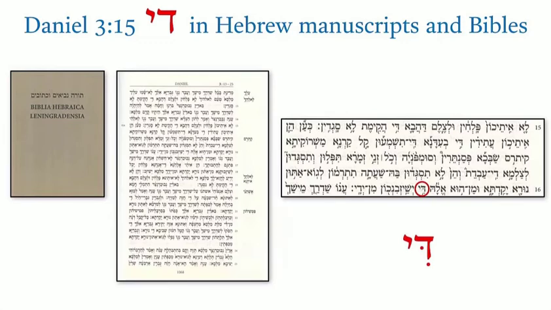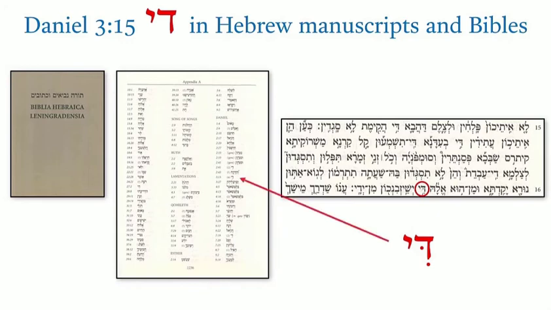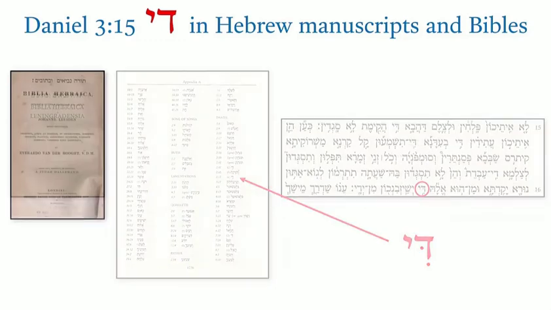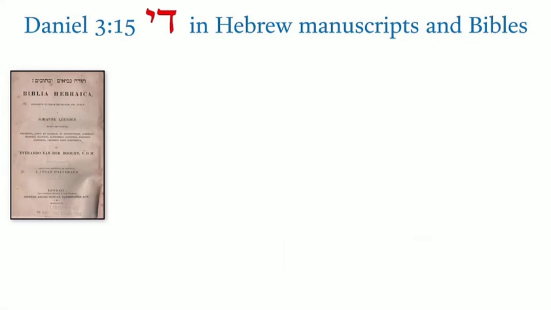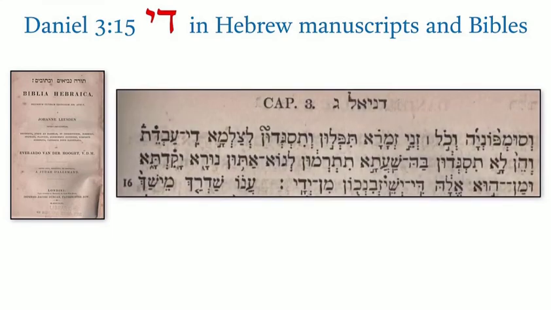Why is this? Let's look at the appendix. There, the editors have pointed out that this is a mistake, so they fix the text to reflect the correct spelling of the relative marker. And we notice something else. This is for sure an error in the Leningrad Codex because there are other Hebrew manuscripts that do not have a tere yod, but instead have hirik yod as expected, such as the Hebrew manuscripts that lie behind this Bible from 1846. Let's look at that text. You see the relative marker right there, spelled the way that we expect.